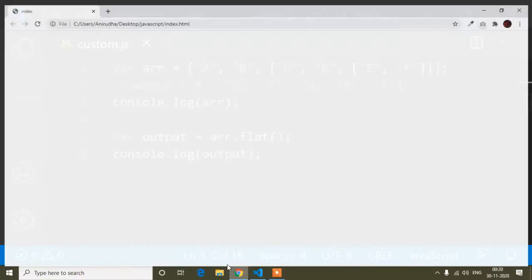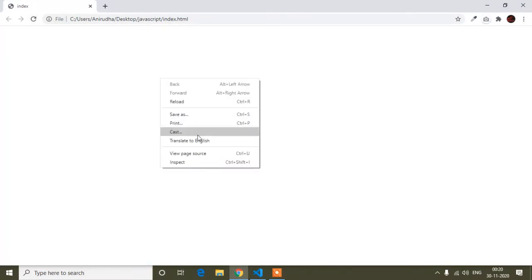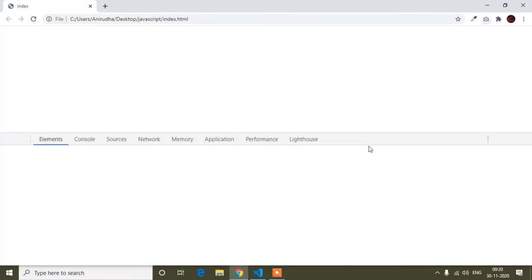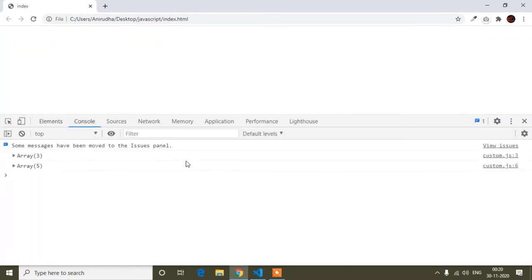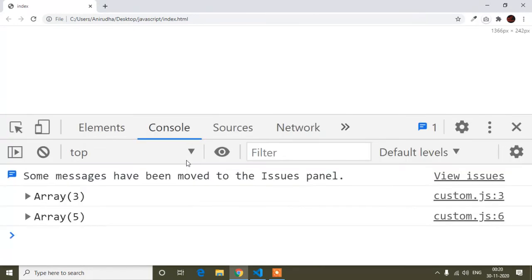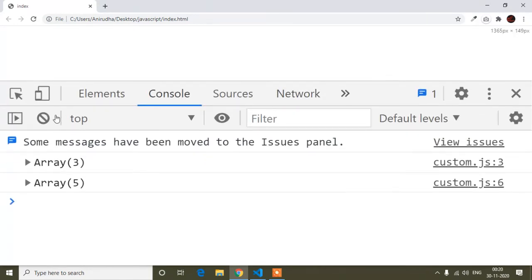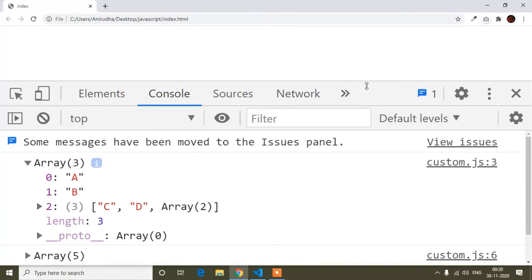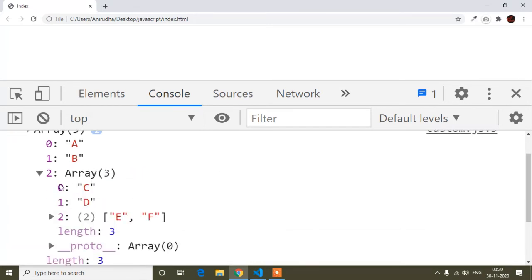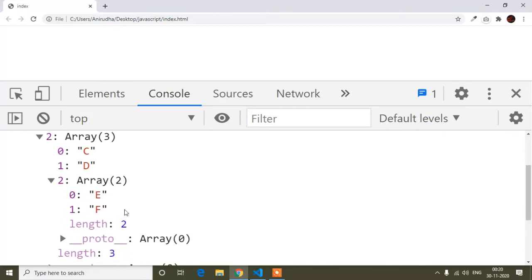Now I will refresh and open the developer tools. Go to console and I will zoom in so it will be watchable. Here you can see the first array: a, b, and after that a sub array cd, and inside this array another sub array ef.